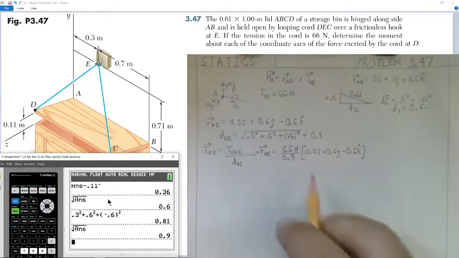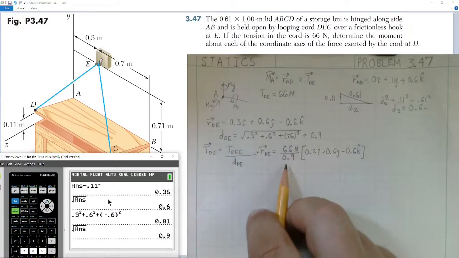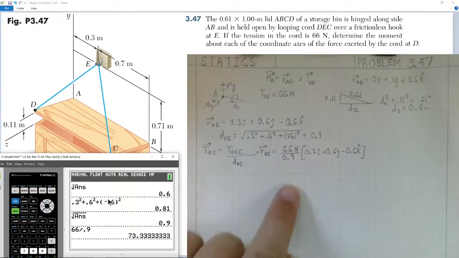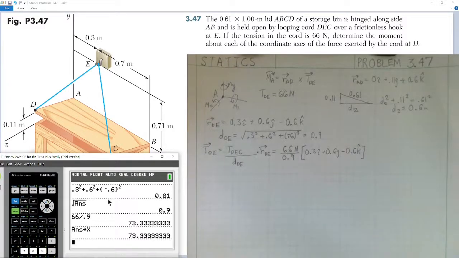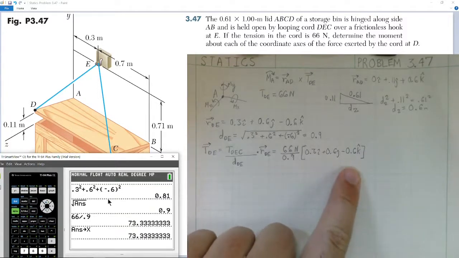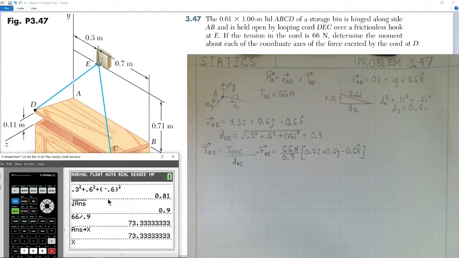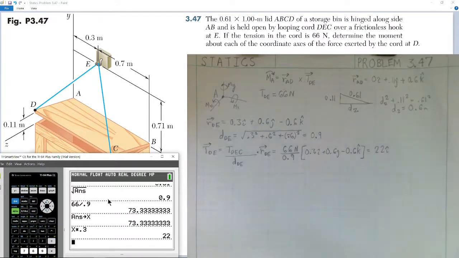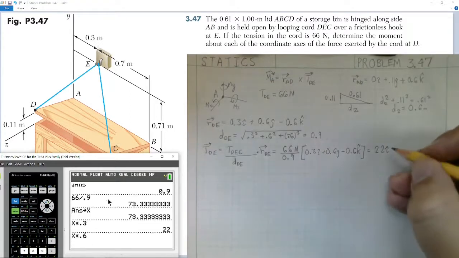So we're going to calculate this number by dividing 66 newtons by 0.9. So we have 66 divided by 0.9 gives us 73.33. A little trick I'm going to do is store this as x, and then just multiply that variable x by each one of these coefficients from the i hat, j hat, and k hat components. So we have the 73 number multiplied by 0.3 gives us 22 i hat. Same number, 73 number multiplied by 0.6 gives us plus